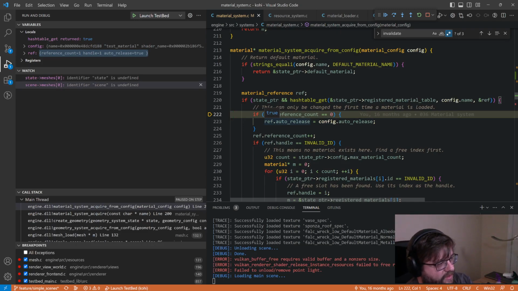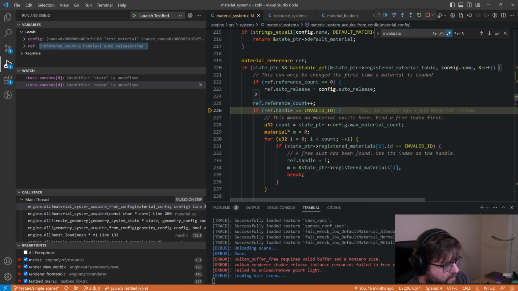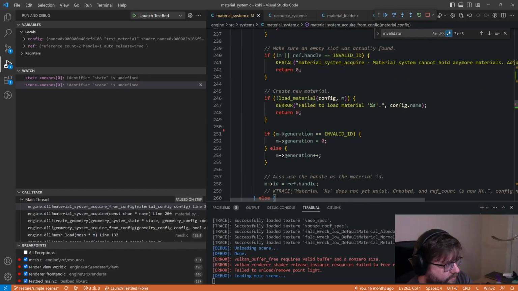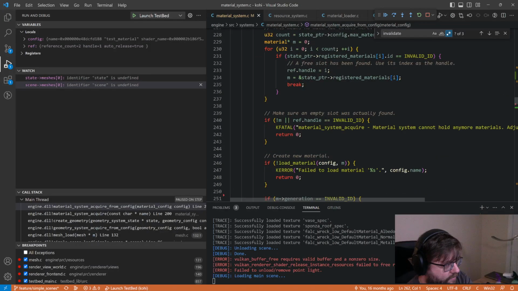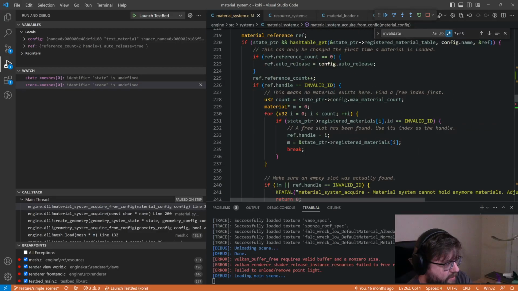So the fact that this is already a reference count of 1 tells me that either something didn't load correctly or didn't unload correctly, because this material seems to have never been released. But I bet its textures were. So register materials. What is the